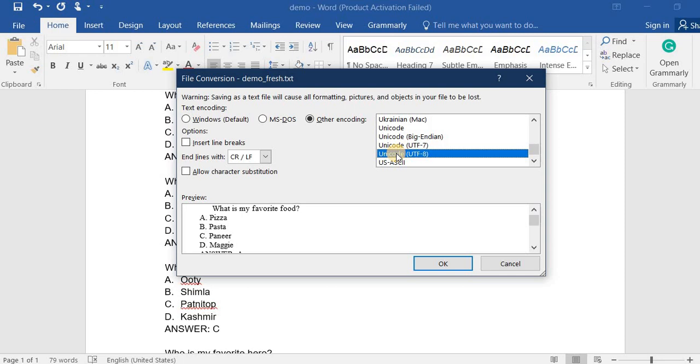Faculty members who make the quiz from a Google Word document, kindly do not directly convert your Word document to the text file, otherwise an importing error will be generated when you are uploading it on the Moodle. You have to download your Google Word file, then convert it to a text file using this procedure. The encoding you have to use is Unicode UTF-8, and OK.